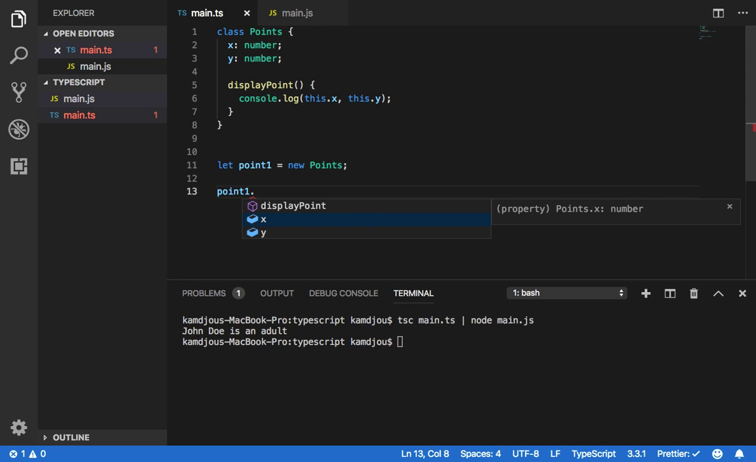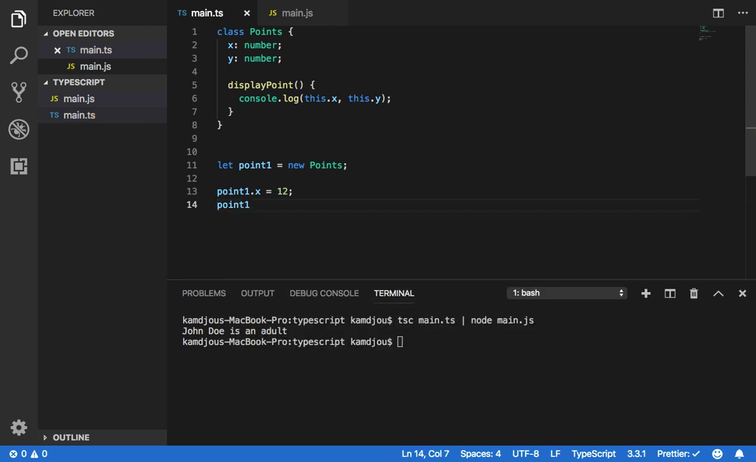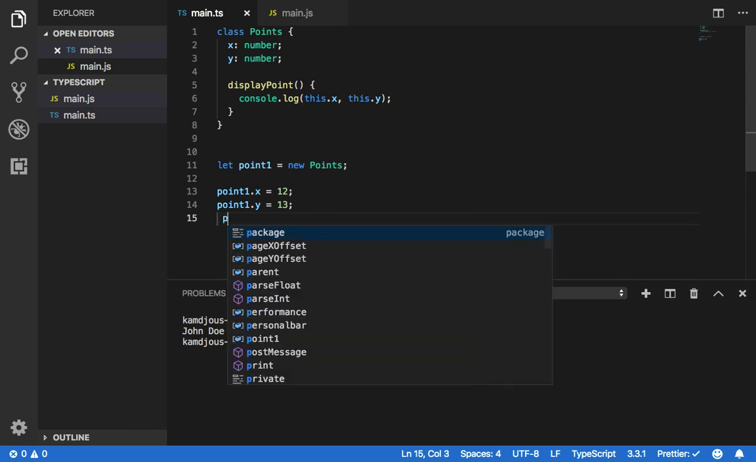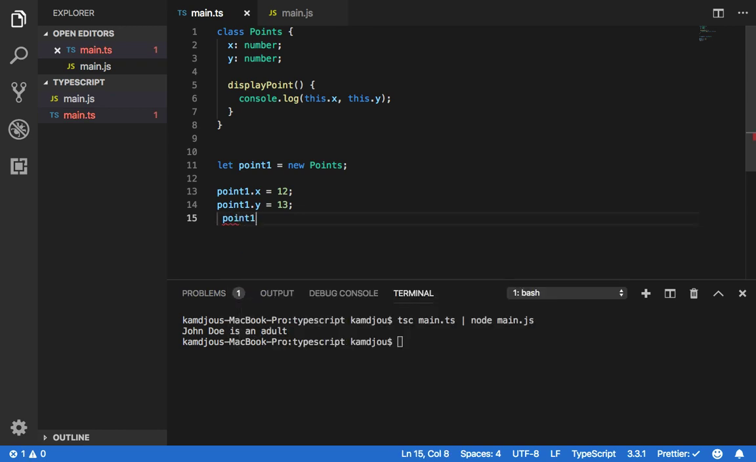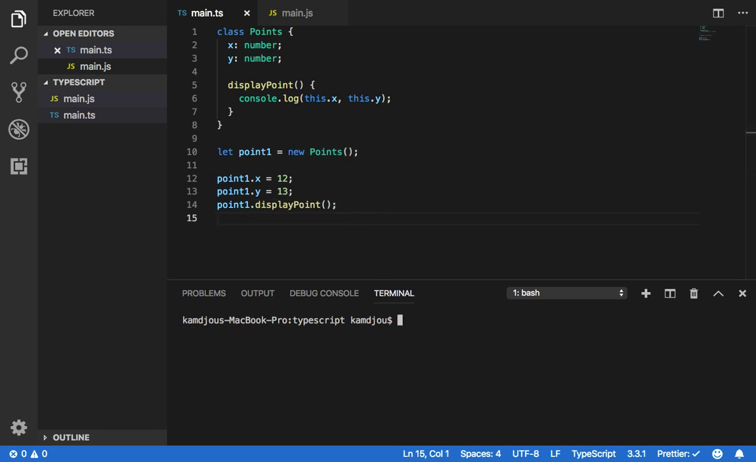So now I can say point1.x equal to 12 and point1.y equal to 13. Then I can call point1.displayPoint. I can call my display point function now. Then if I run my code now,